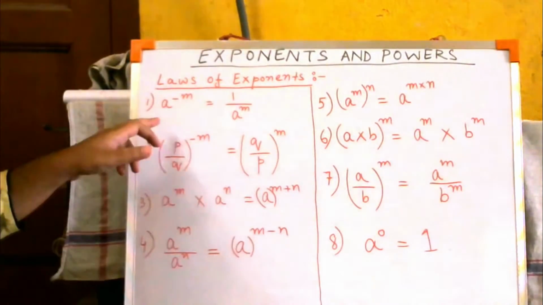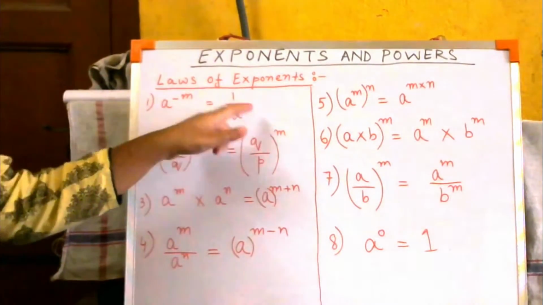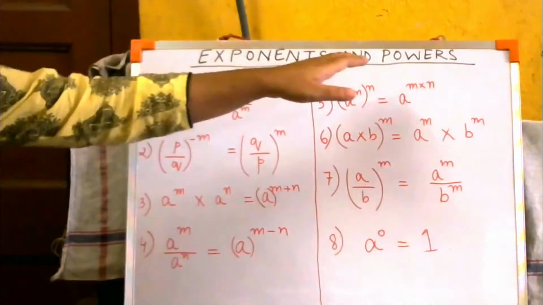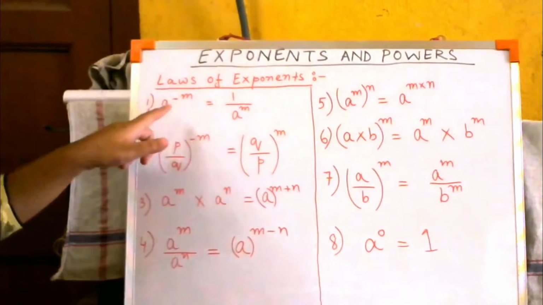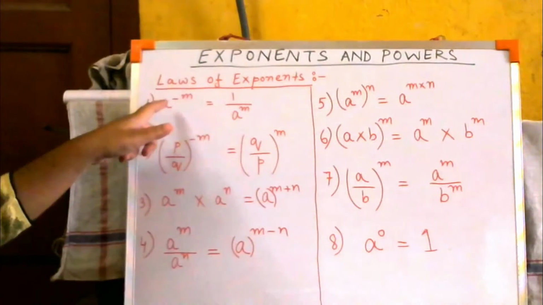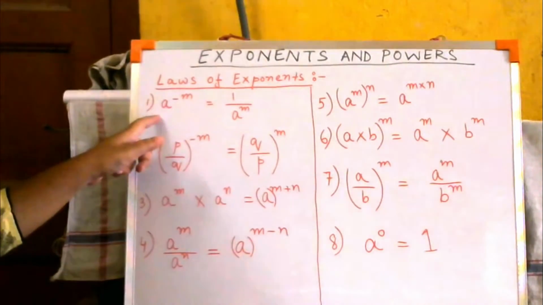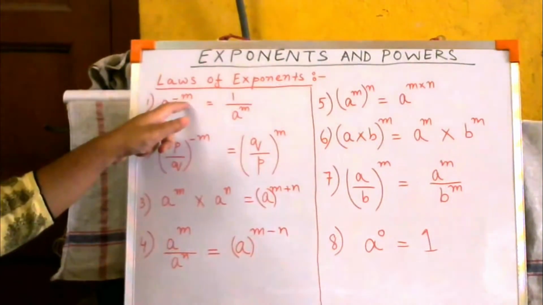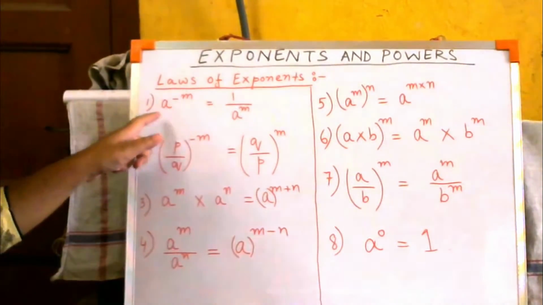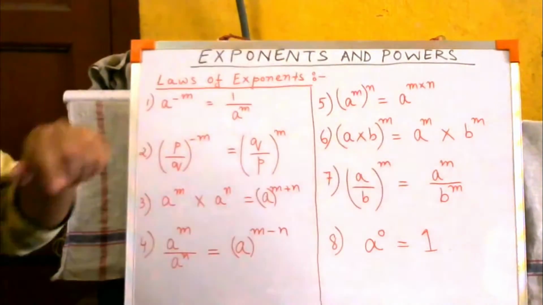So if we look into the first law of exponent, we can see that a to the power minus m equals 1 by a to the power m. Now, as the chapter says, exponents and powers. So when we come to powers, these are powers. Can you see a is at the bottom? At the top of a is minus m. So minus m is the power of a. So what is a? A is known as base. These numbers on top of which the powers are there are known as bases. On top of the base there is a power. That is why the chapter has the name powers.